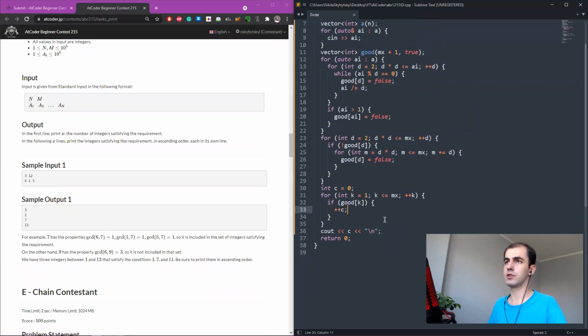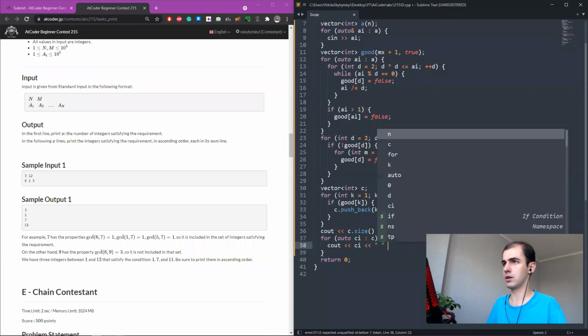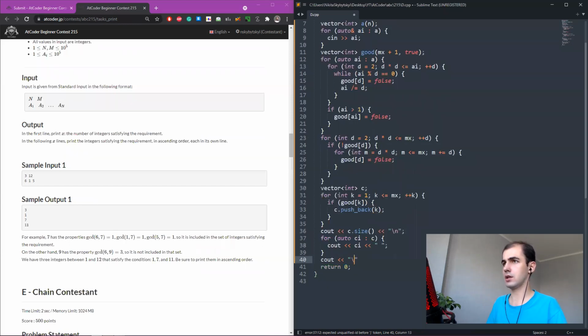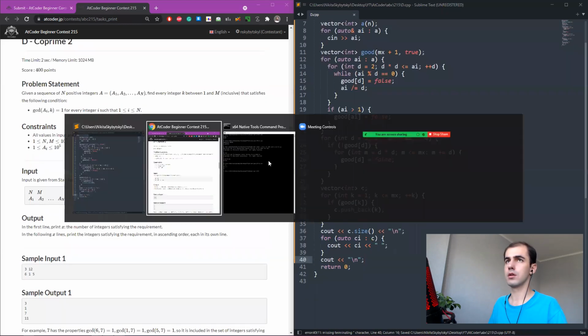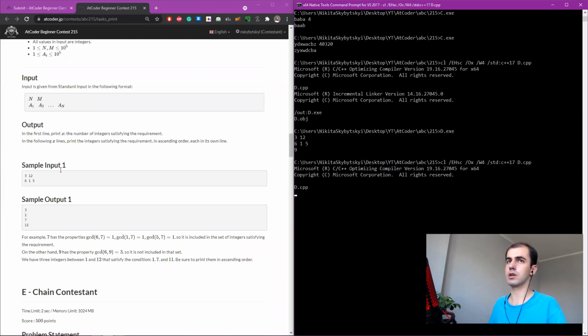Okay, we need to print numbers. Okay, that's not a big deal. We just say, okay, vector in C. We'll say C gets pushed back K. We print C size, and for CI in C, we print CI. Was this bad? I did not read the statement properly, but apparently they also want us to